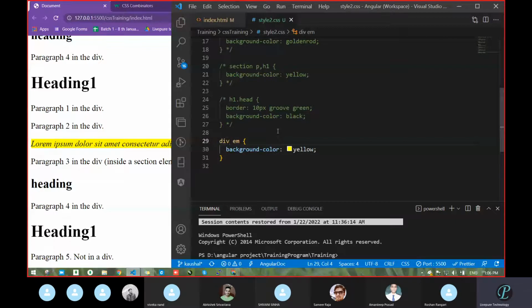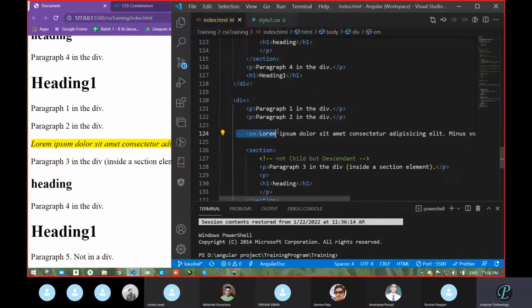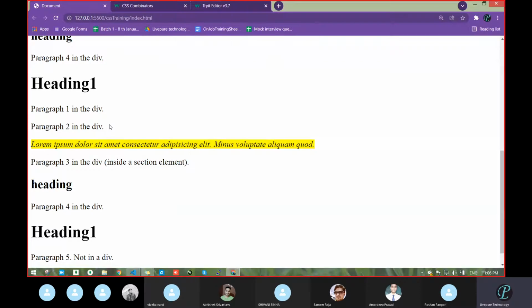One page is descendant selector, other page is simple selector, then child relationship selector. By that we can apply. It will affect the same thing, but surely something is different. When you have a requirement, usually it will be available like that. Clear or not? I think now it is clear. If anyone has a doubt, you can ask. No issue.